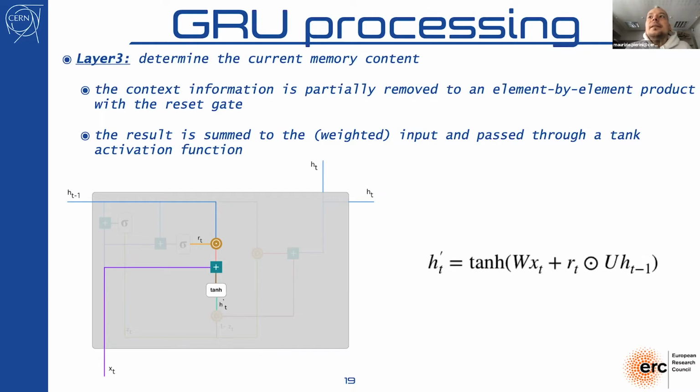So what you do is that you combine, so effectively you are computing a hyperbolic tangent. As before, you want an output in -1 and 1. And the argument of the hyperbolic tangent comes from two places. It's a weighted function of the inputs, so it's W times X, plus the current content of the memory, h_{t-1}, the previous iteration, weighted by its own coefficient that you learn, U, times R times that, where that product,